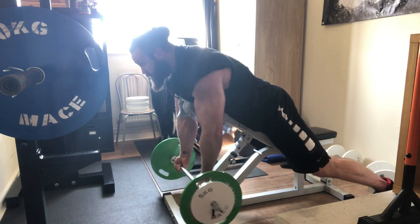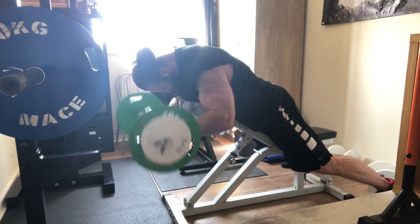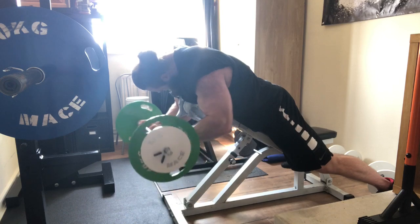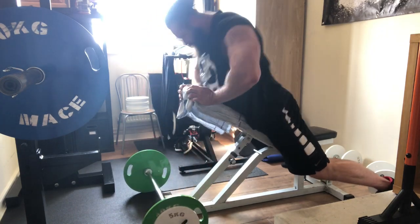And then from this, I'm going to take this pretty much to failure. The last few reps are a little bit ropey, which is fine. Again, it's hard to cheat on this, so your biceps are going to do the majority of the work. But from this, I'm going to turn around, keeping the bench at the same angle, and I'm going to do